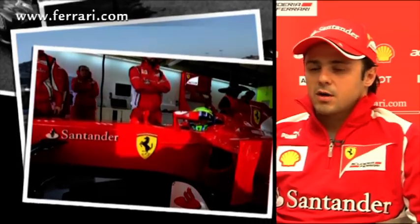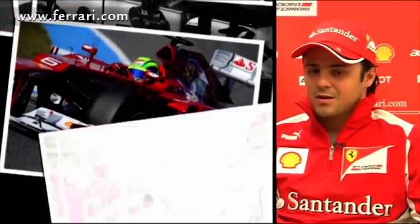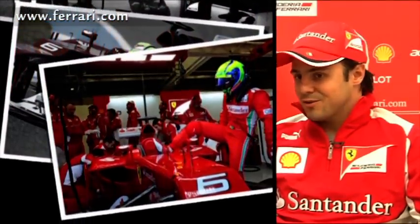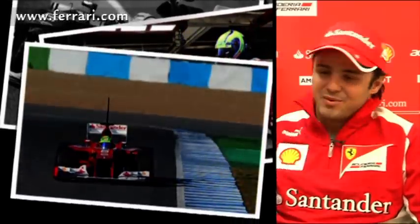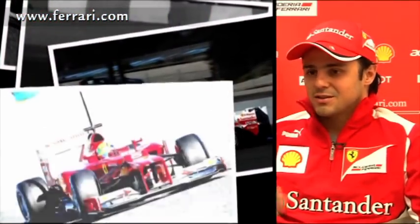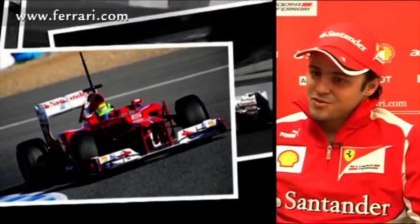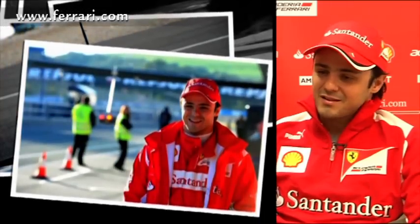So when you are in the aero test, nothing is important. The only important thing is developing the car, looking for these pieces, which is very important. But the driver is not really a driver there. He's like a normal road car driver, because you just bring the car around, you're not using the car, just to see which is the best